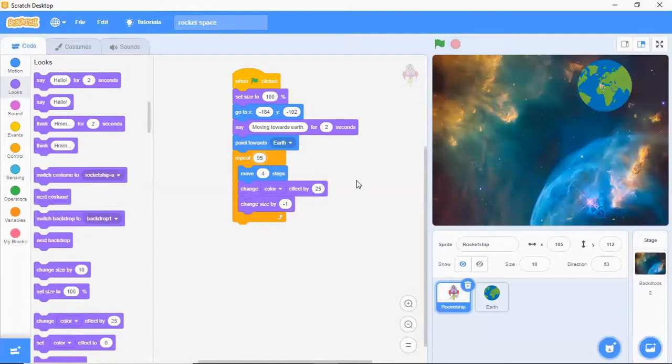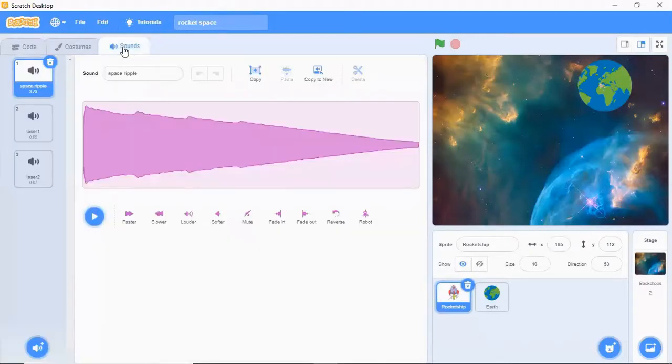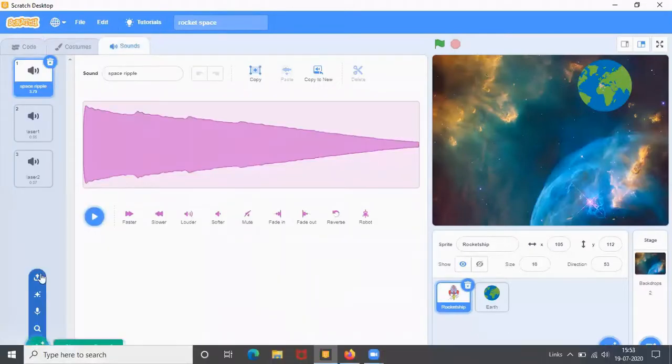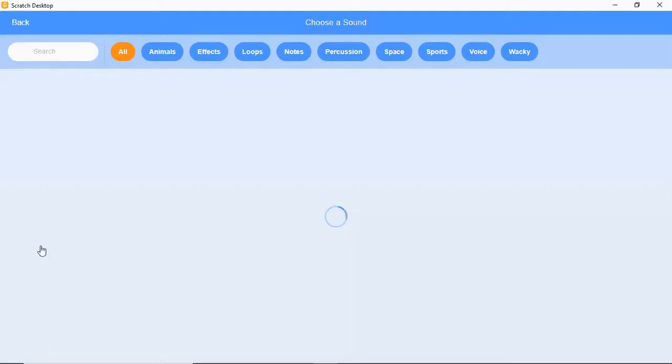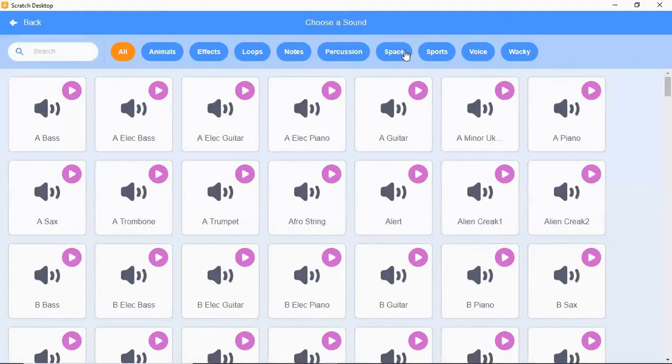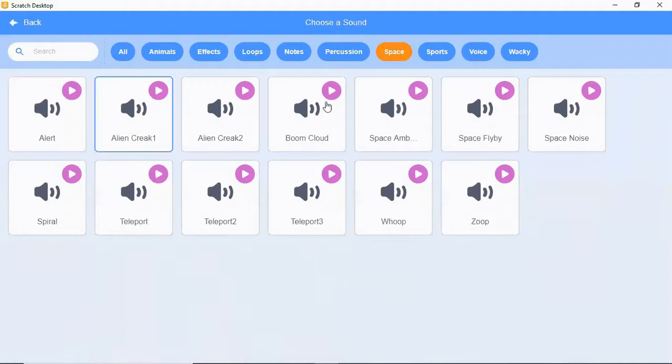As it is moving, I want even the background sound. So I'll go to sound. I'll go to space. Pick any sound of your choice. Okay, let's see.